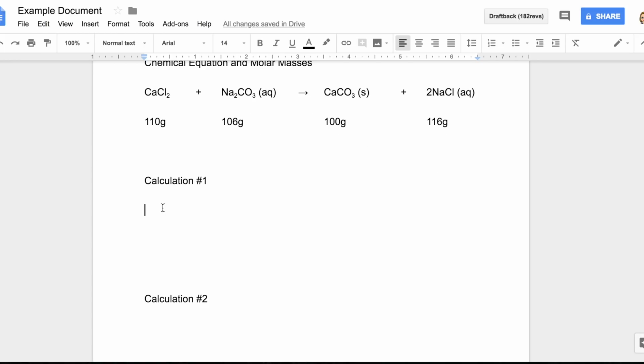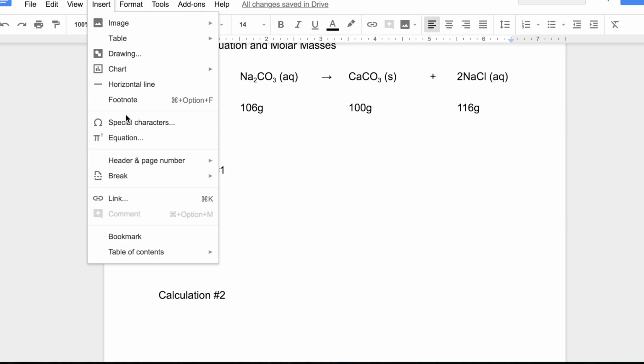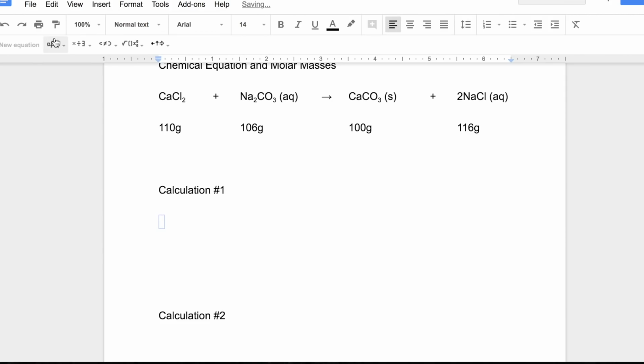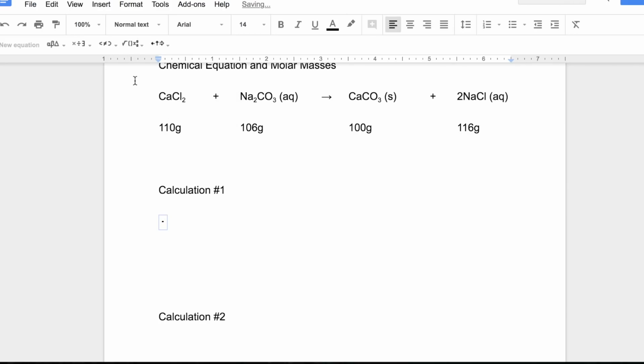The next thing that you'll want to do is insert an equation so your proportion looks properly set up. To insert an equation, go to Insert, Equation. That'll bring up this little bar here. And we're going to click on this math operations one with this AB on top so that we have it properly set up as a proportion. So let's say I have 5 grams of calcium chloride,